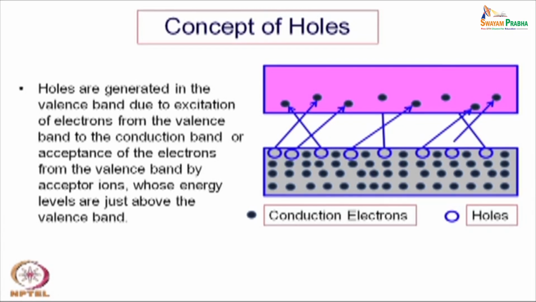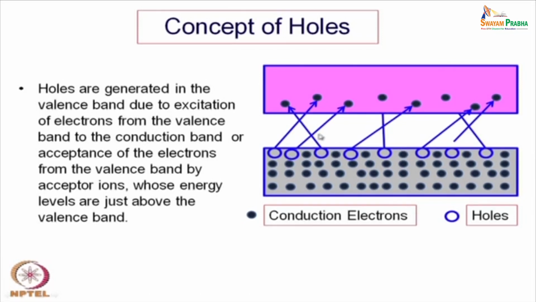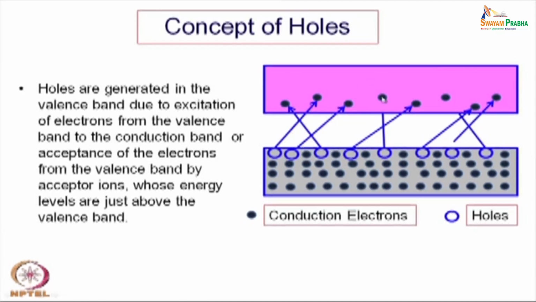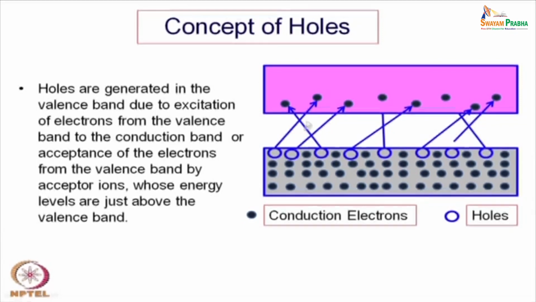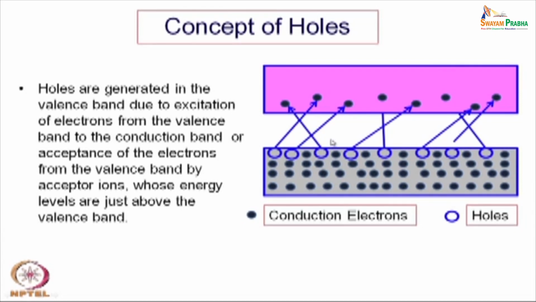By that process also it will take away some electrons from here, and in the process you will get holes, right, and corresponding electrons will not be available there, because it is not a direct thermal excitation. It is by a different process that the holes are generated, and those electrons will not be available for the conduction process.